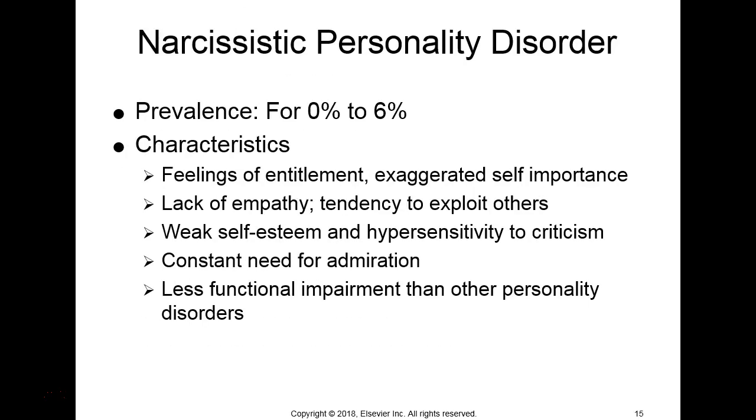Narcissistic personality disorder. So the prevalence, little typo here on this PowerPoint slide, is 0 to 6% of the population usually has this disorder. And some characteristics, and again, you don't need to memorize that: feeling entitled, an exaggerated sense of self-importance, and they lack empathy. They don't see other people as having needs or feelings, so they can't put themselves in somebody else's shoes who might be going through something. Whatever they're going through is kind of more important.